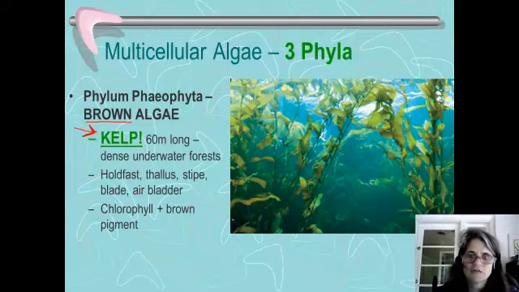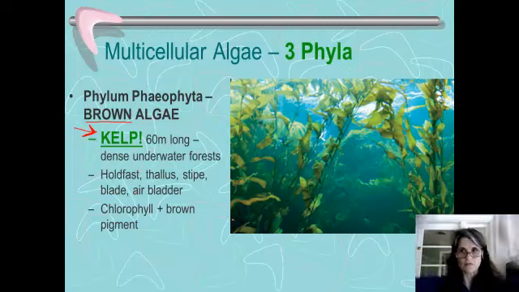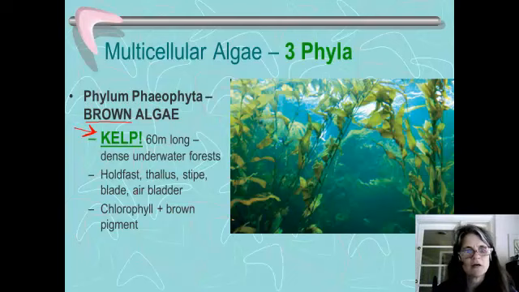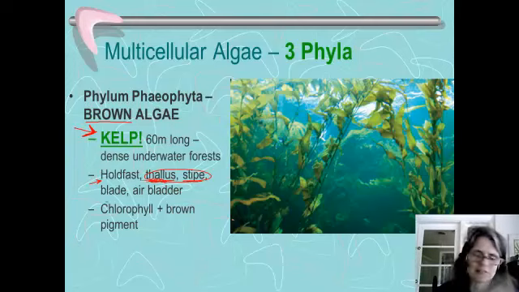They have structures that help keep them supported in the water. Now, in a tree, you expect a hard tree trunk, but in these algae, what you find is that they have a holdfast to anchor them to the bottom, a leaf-like structure, a stem-like structure. Whoops, this is not this leaf-like structure, my bad. I can't remember if these are stems. I mean, one of them is a stem, and I just can't remember my terminology. I'm sorry. This is the leaf-like structure here, but this is the one I want you to know, the air